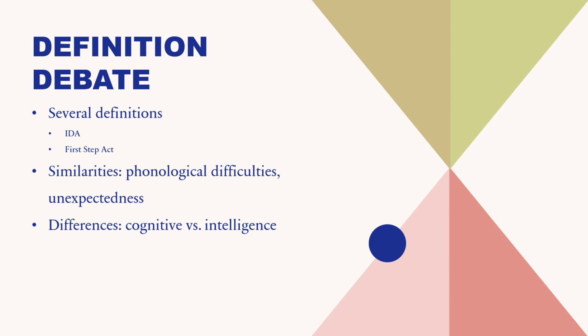In the IDA definition, it states that dyslexia is a specific learning disability that is neurobiological in origin. It is characterized by difficulties with accurate and/or fluent word recognition and by poor spelling and decoding abilities. These difficulties typically result from a deficit in the phonological component of language that is often unexpected in relation to other cognitive abilities and the provision of effective classroom instruction. Secondary consequences may include problems in reading comprehension and reduced reading experience that can impede growth of vocabulary and background